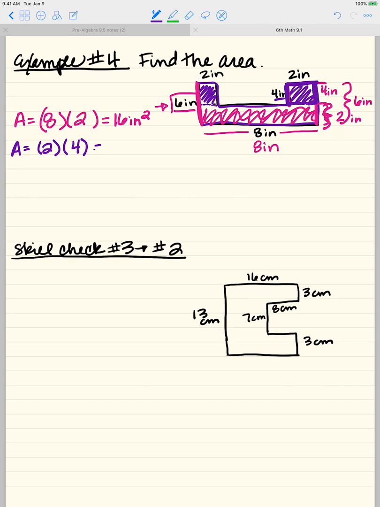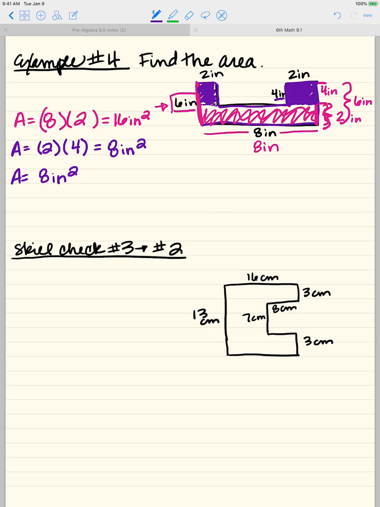So 2 times 4 is equal to 8 inches squared. That's one purple rectangle. I have the exact same purple rectangle on the other side, right here, okay? So that one is also going to be equal to 8